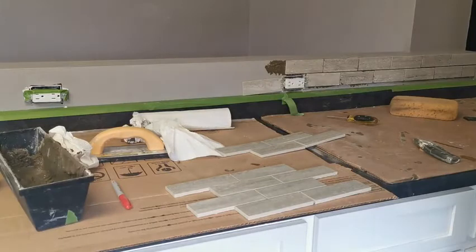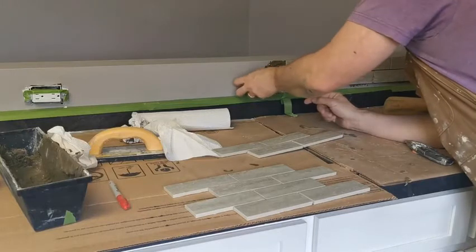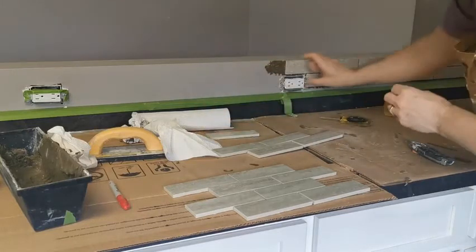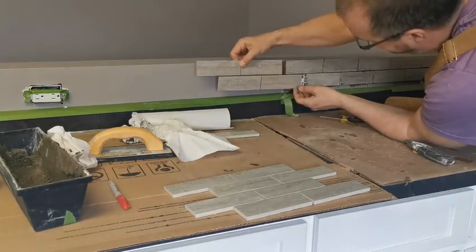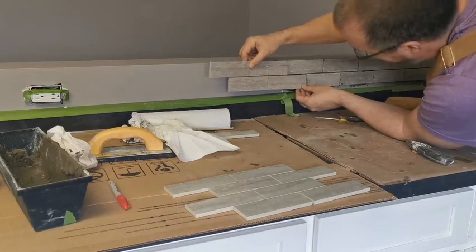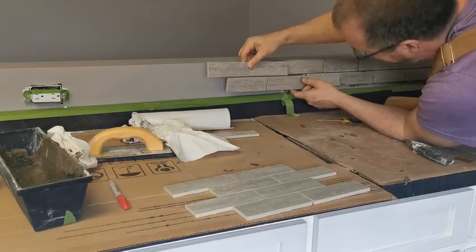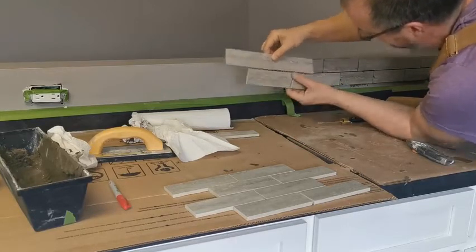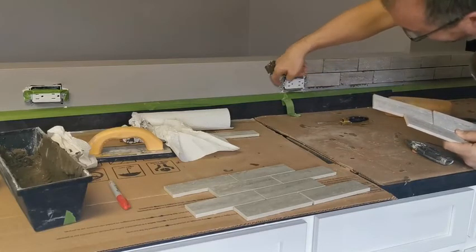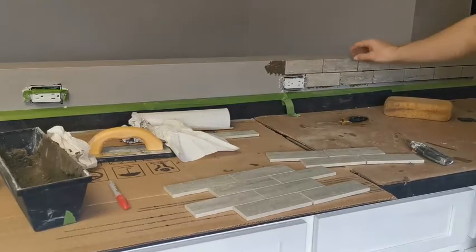Okay, so we're at another tricky spot here, trying to work the other side of the outlet. What's tricky about it is we want to make sure we are maintaining the same pattern. So if we slide this brick on here like so, we want this tile to be here, meaning we're going to have to cut off part of this tile. So just thinking about that as we work around this edge of the tile, we want the pattern to stay the same, meaning we're going to have to cut this off here. It's going to be a little bit past where this is going to be. We want it to slide into here. So we're going to have to make that cut in order to get it into place so we can maintain our